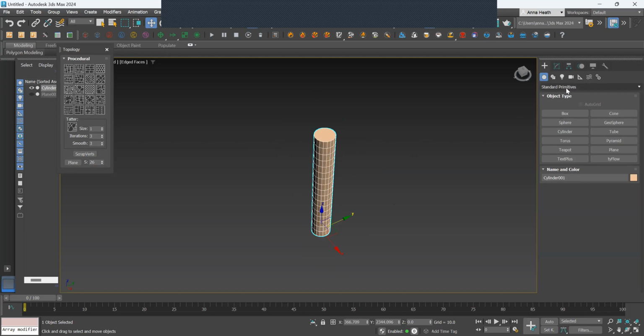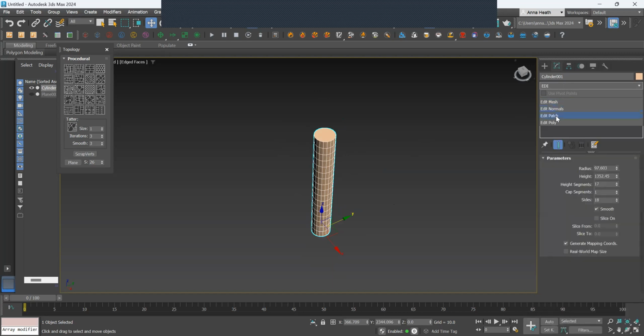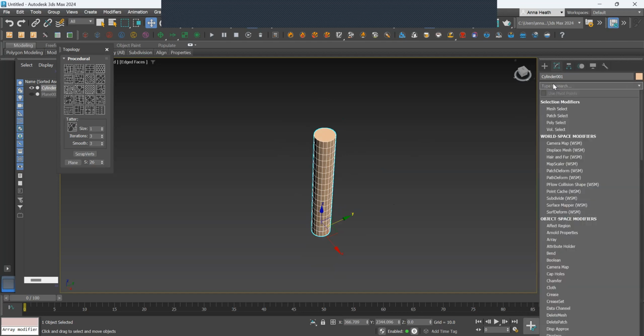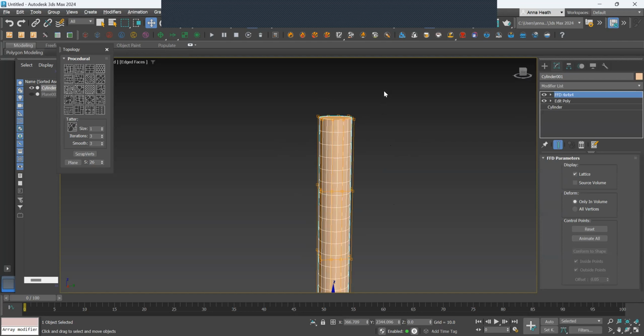I'll just show you quickly what I mean. If I try and make this shape by just going straight into creating the shape,